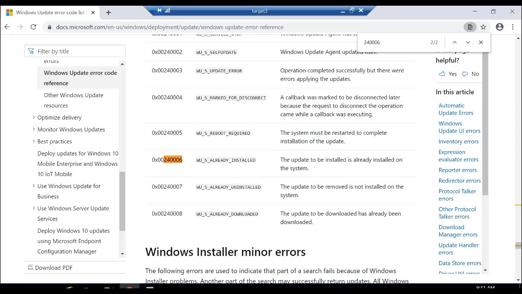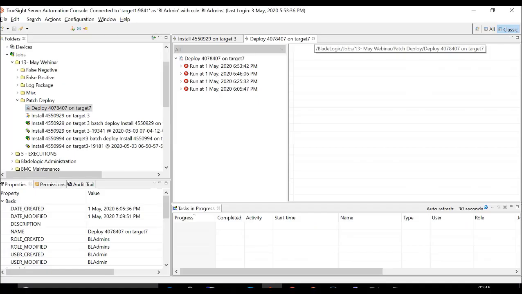So you'll have to verify whether the analysis was giving you a correct result or not. More often than not, patch deploy troubleshooting goes hand in hand with analysis troubleshooting.